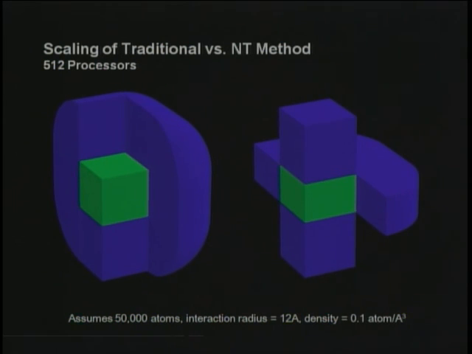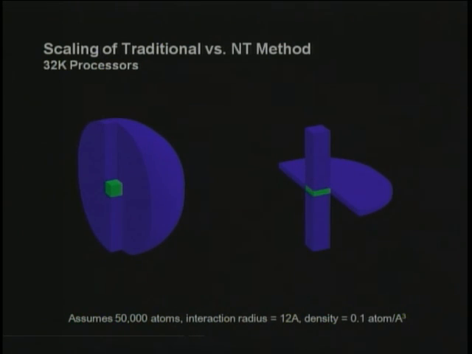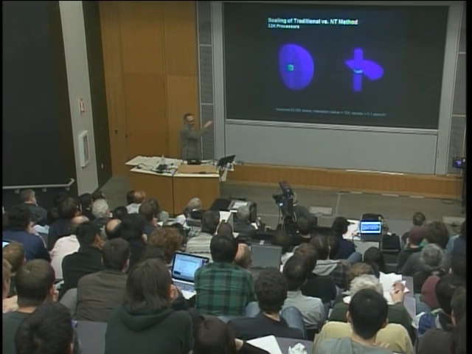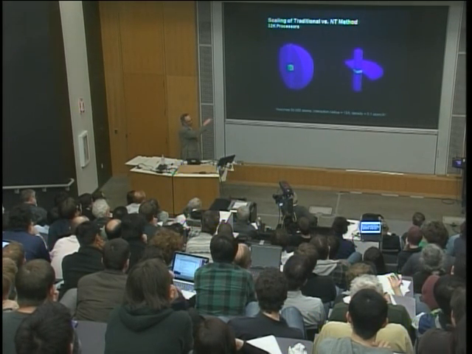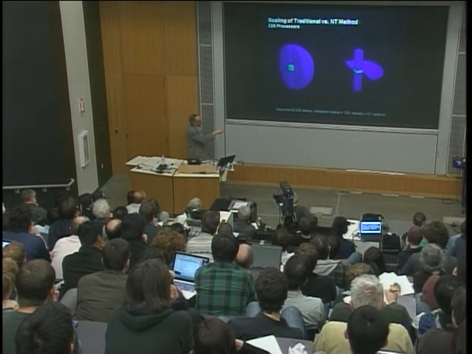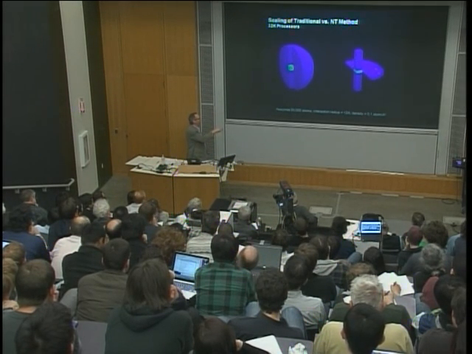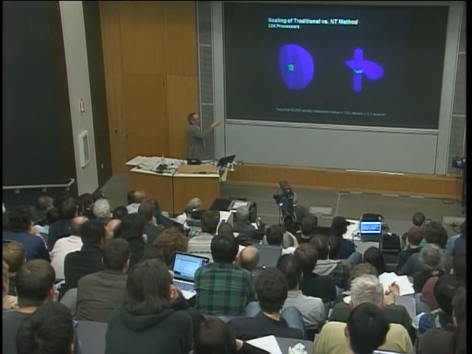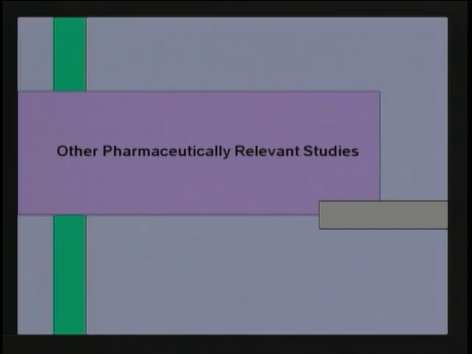But if you go to 512 processors and then 4K, and this is kind of the effective range where we operate, with the traditional method, the amount of data that you have to transfer roughly turns into a hemisphere, at a finite range, with slightly flat tops. And this one turns into an import from an infinitesimally thin, what I call a plate, and an infinitesimally narrow tower. So as it gets bigger, there's less communication. There's also some latency stuff that other group members came up with that becomes very important when you move into this regime. That's about all I'll say.